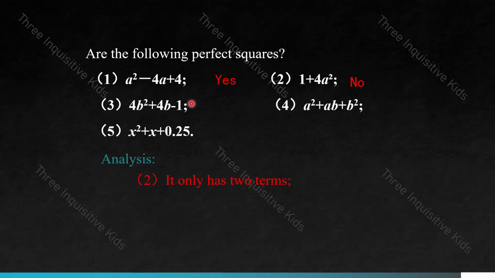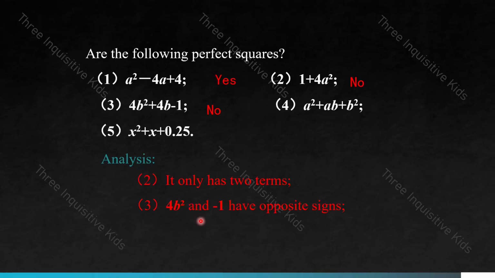For the second one, it only has two terms. That's why it's not a perfect square. Now for the third one, it is also not a perfect square expression because 4b squared and -1 have opposite signs. Remember, one of the requirements was that both of the perfect square terms have to have the same sign. And since 4b squared has a positive sign and -1 has a negative sign,